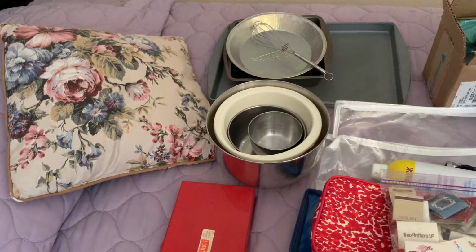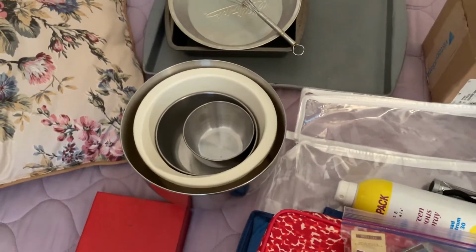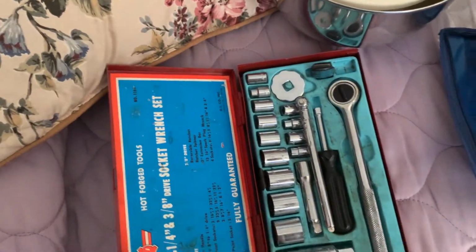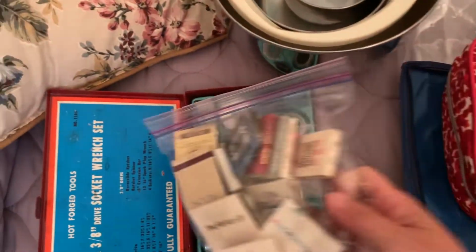Okay, success. I have essentially raided my mom's travel supplies and my stepdad's garage full of tools, and I now have a lot of gear that I wasn't expecting to have even just 2 hours ago. So let me take you through it. I know it doesn't seem like much, but we're gonna need cooking supplies. We're gonna be on the road. I've got tools that I didn't have. Like, I never thought I'd be so excited about a socket wrench set. A ton of matches. All of these different